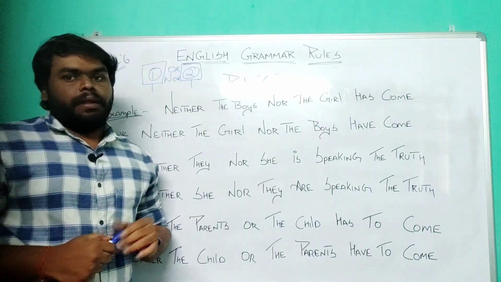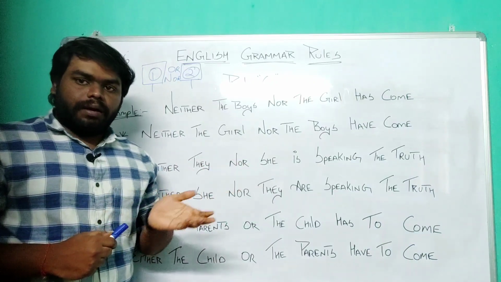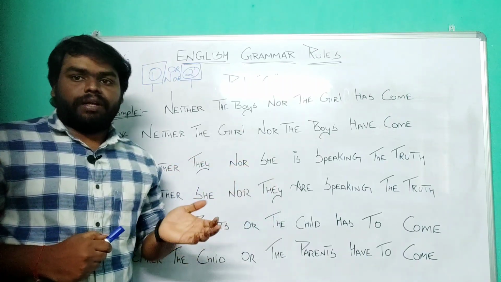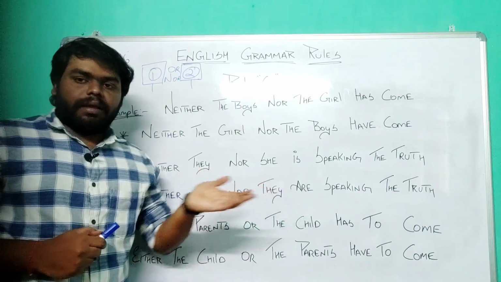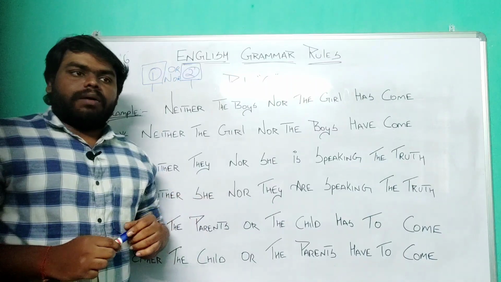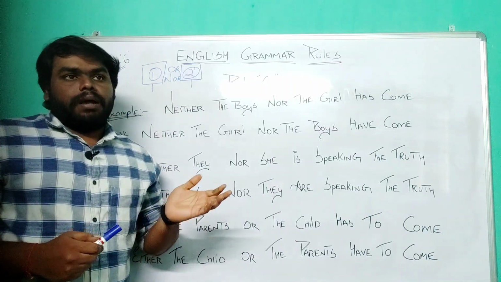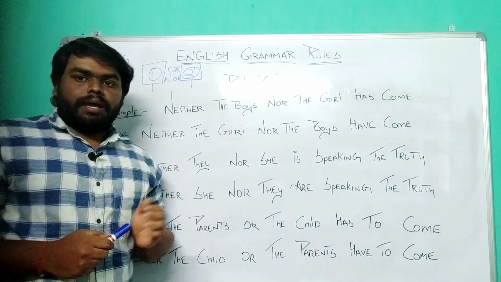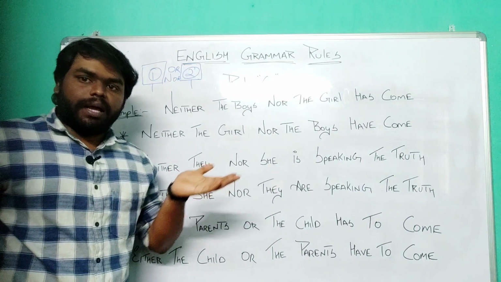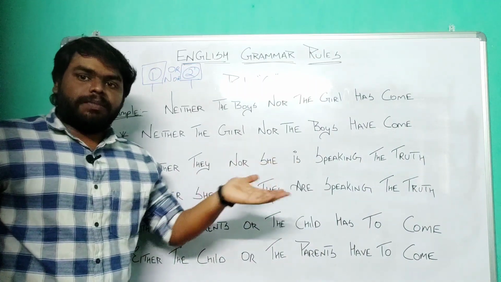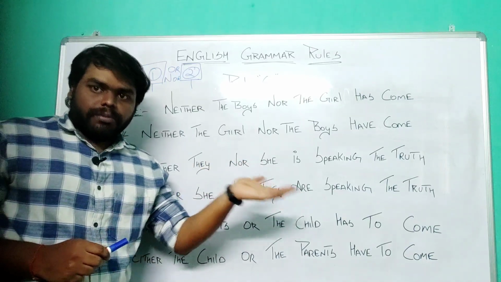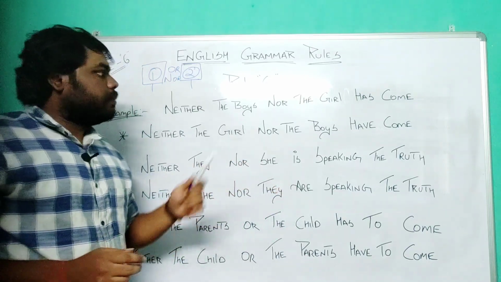For example, the birds are flying. Here we have the plural subject birds, followed by a plural verb are. For a singular example, a boy is playing. A boy is a singular subject, and the verb that follows should also be singular: is playing. A boy is playing, right. So the subject should agree with the verb, or the verb should agree with the subject. That is what rule number 6 is trying to say.